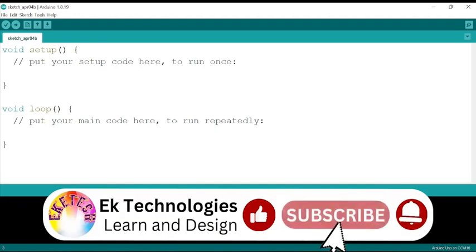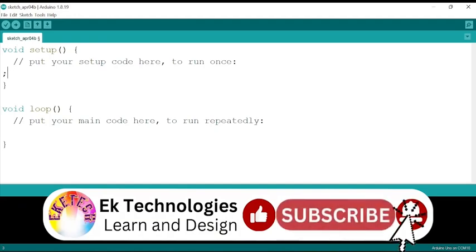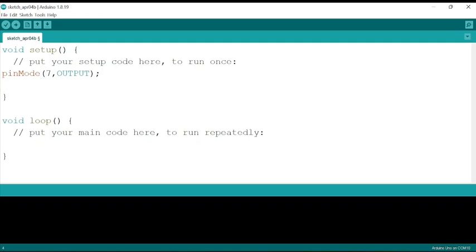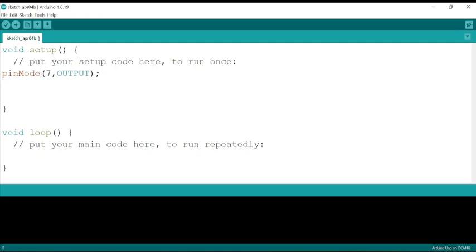7. So use the command pinMode(7, OUTPUT); After configuring these, we are going to turn the LED on and off using digitalWrite,